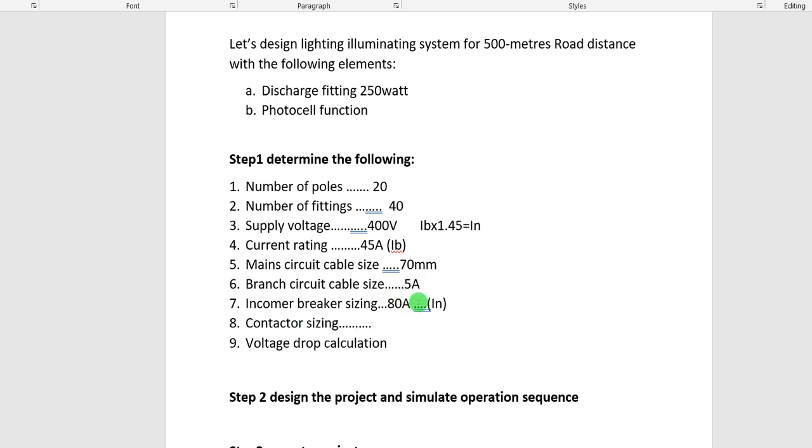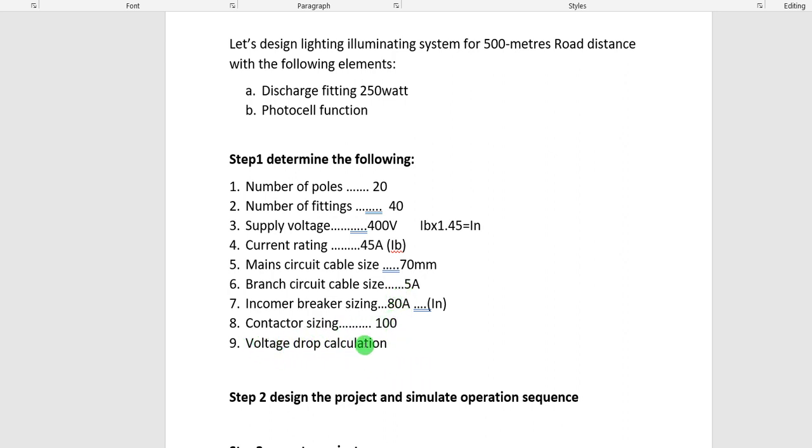Unfortunately we don't have 80 amps in contactor ratings, so we're going to take 100. The 80 amps is our MCB by calculation, and since we don't have 80 amps in contactor rating but we have 100, that is why I've chosen 100. The formula for contactor choosing, take your time, it's not part of this scope. So we're going to use this one to feed our contactor.